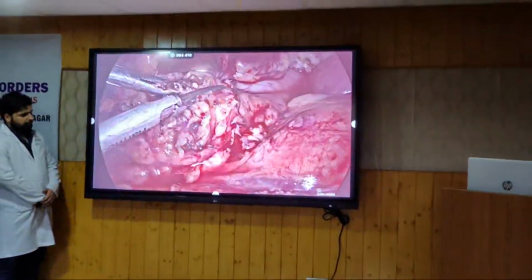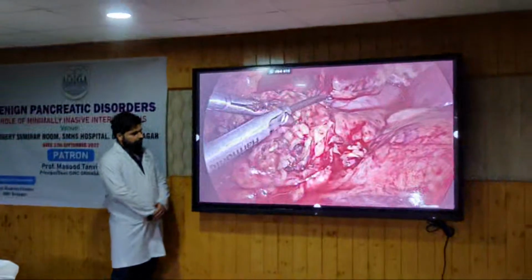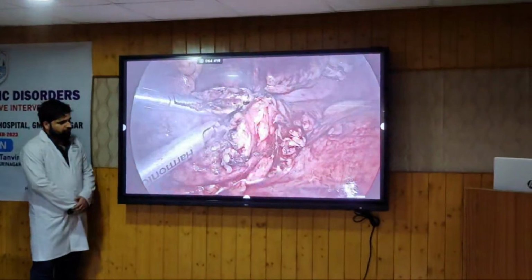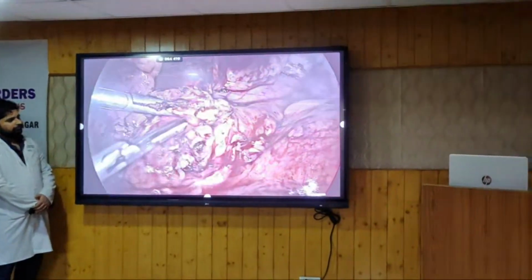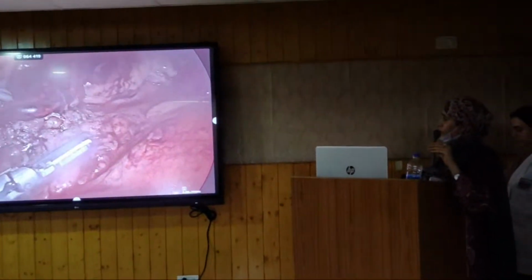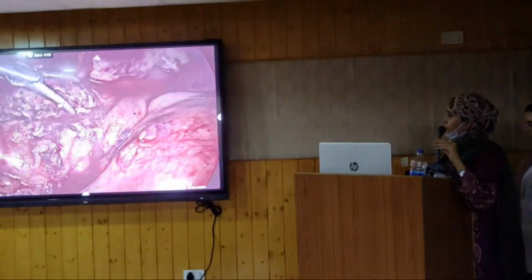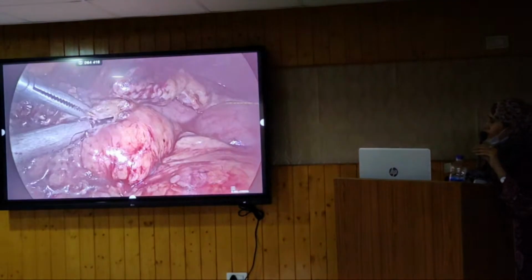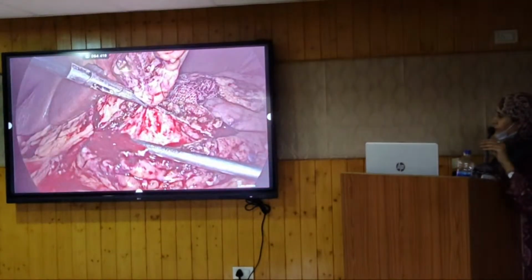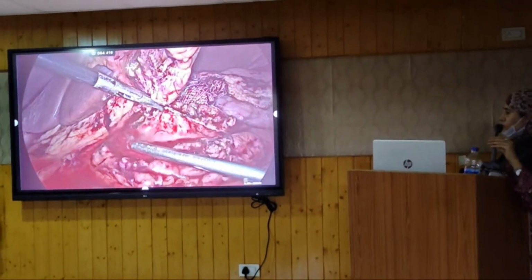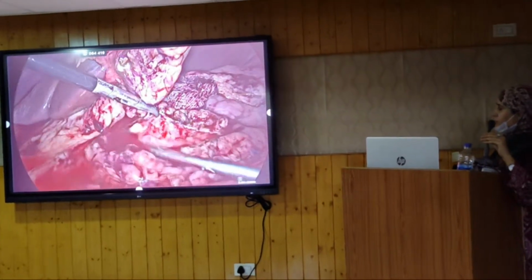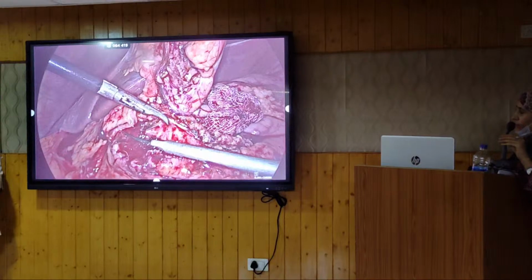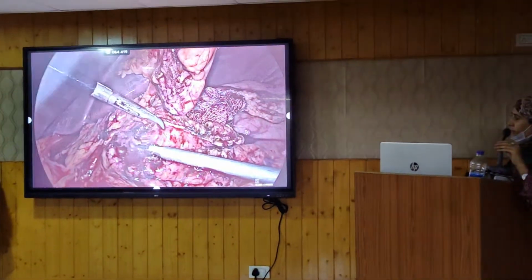Now the surgeon is using the same energy source to extend the ductotomy further towards the tail region, so that the duct is properly exposed. But here you have to be careful about hemostasis also. Now again, you can see a lot of fluid is coming out. The same ductotomy incision is now being extended further. Meanwhile, we are also giving some saline flushes to clean the duct. Now, in a short time period, you can see here,